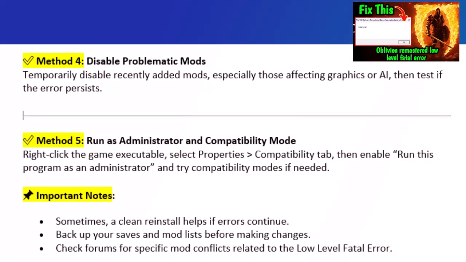Method 4. Disable problematic mods. Temporarily disable recently added mods, especially those affecting graphics or AI, then test if the error persists. Method 5. Run as administrator in compatibility mode. Right-click the game executable, select Properties, Compatibility tab, then enable Run this program as an administrator and try compatibility modes